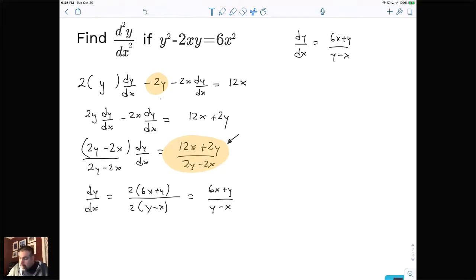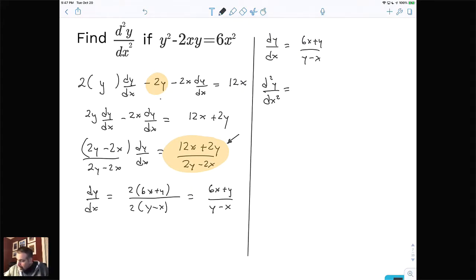When I go to take this derivative, the derivative of the left-hand side works exactly the way I want. It's going to be d squared y over dx squared, because that's how you write the derivative of the derivative. And then I see Robert already mentioning that on the right-hand side, we've got to go quotient rule. There's no question about it. So, the way I set the quotient rule,